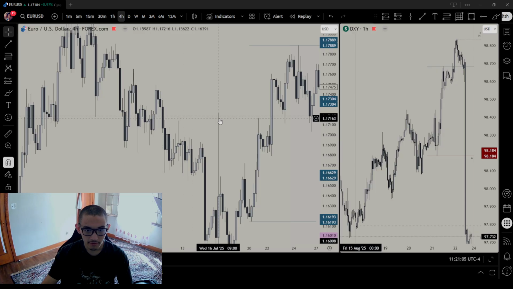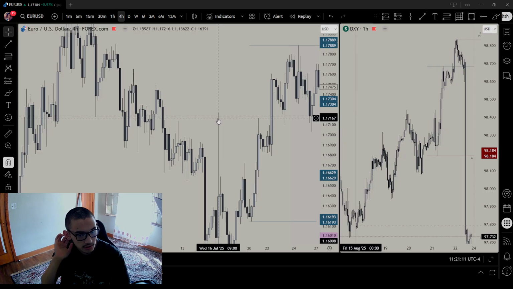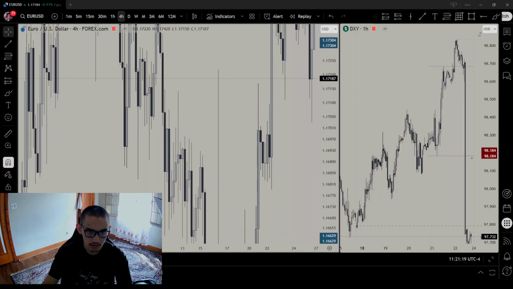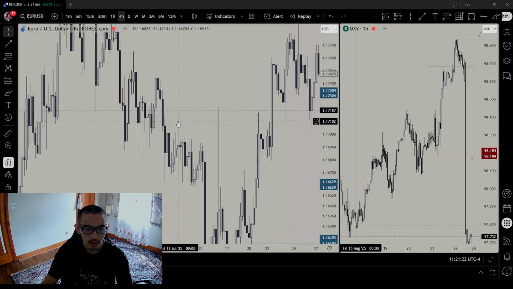This fair value gap, before it got tapped, it never got filled, right? It never got filled by any other candle. So when this candle tapped it, no other candle had tapped it, right? I mean, basically equal, so barely equal because it's a little bit below it. So this, above this old high, this fair value gap that never got filled, is going to be considered a high probability TGIF soup.